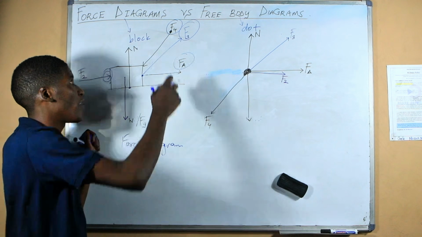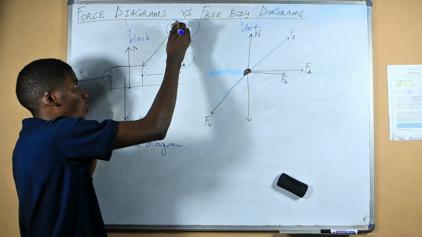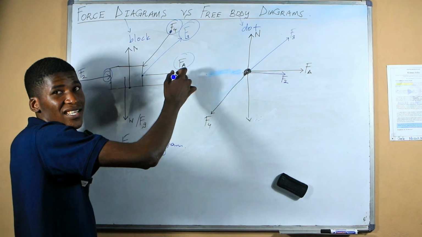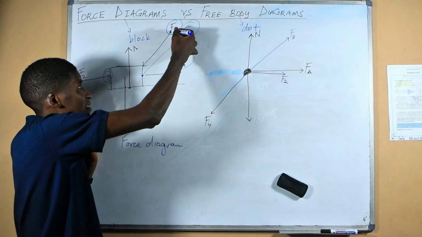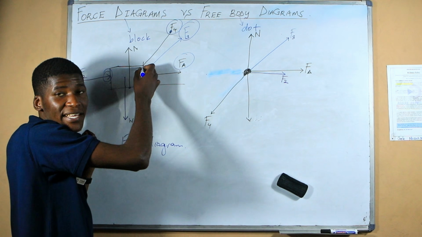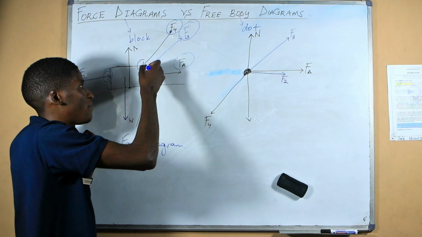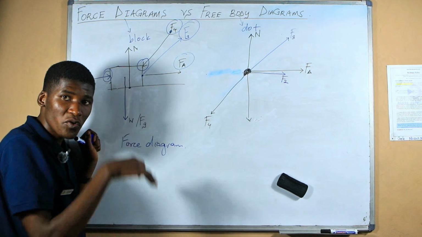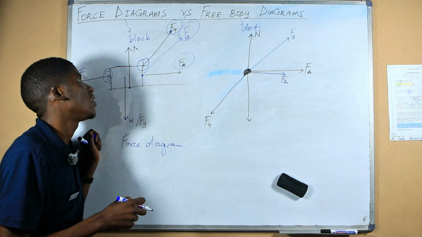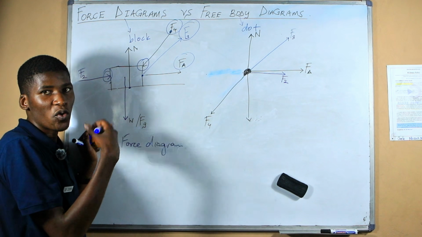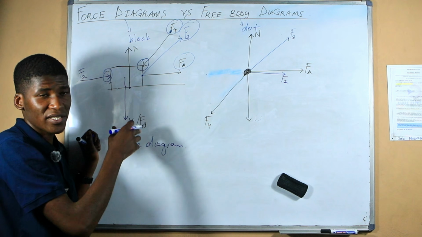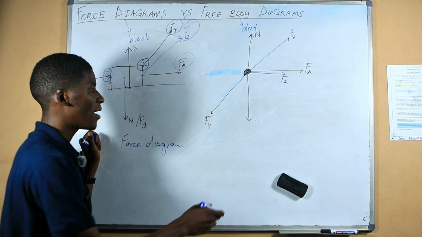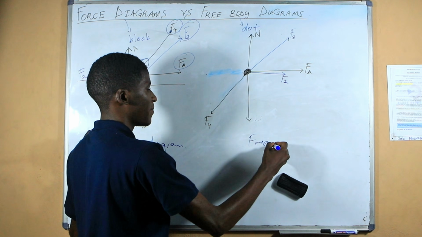So in this case, whenever you are introducing force F4, you can see that its tail is somewhere else. The force is starting somewhere else and its head is exactly on this block. So this head being on this block shows you that you are pushing down the block, or this object here, because all the objects, we just represent them using a box in a force diagram. But when it comes to a free body diagram, again, I summarize.